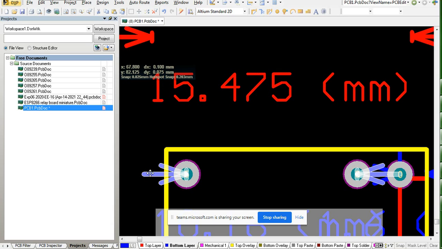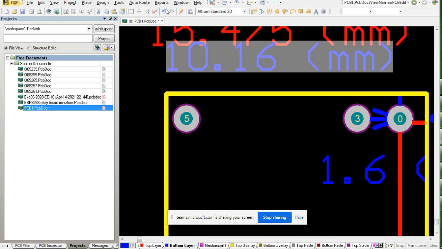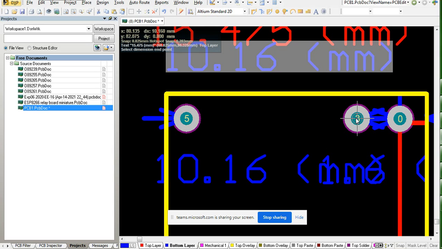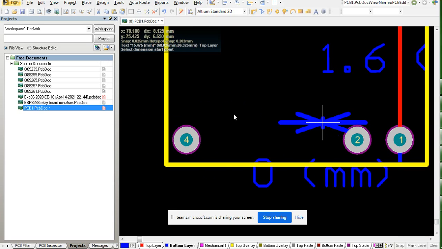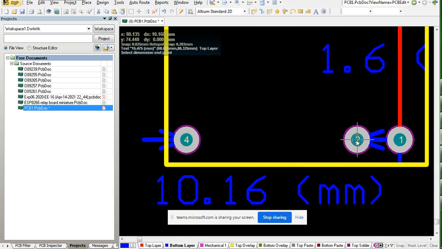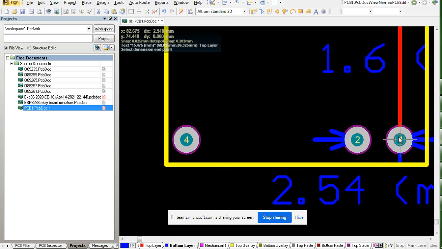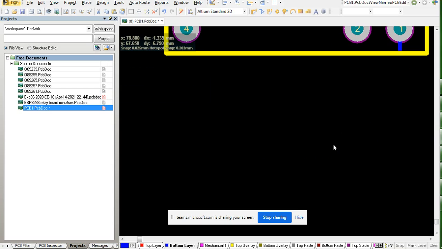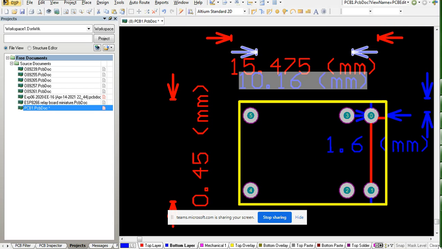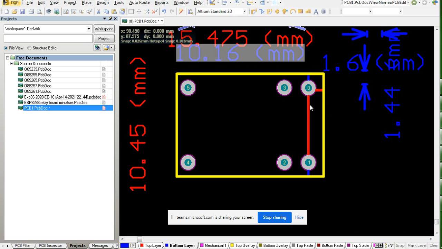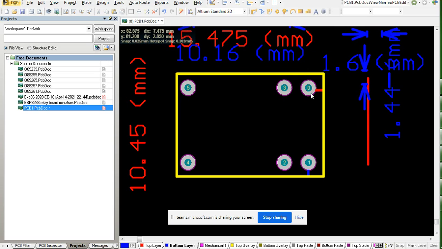So now I can take off this arrowhead, and I can again use a ruler just to confirm. From this pin to this pin you can see this is 10.16, and from this pin to this pin again 10.16, and from this pin to this pin 2.54. So this means I have successfully made 6 pins over here, and now I can take these arrowheads away. I can also take away these red and blue color lines because I don't need them. And this is my